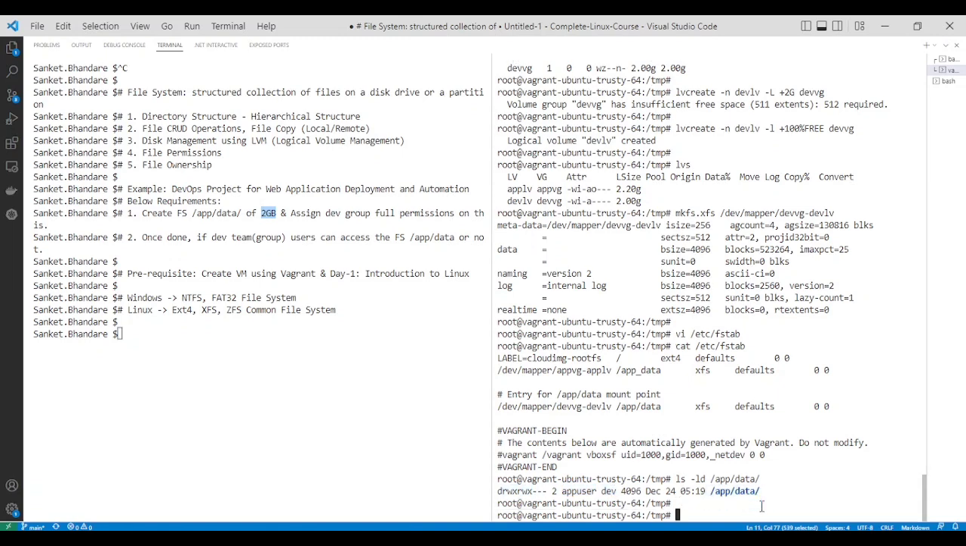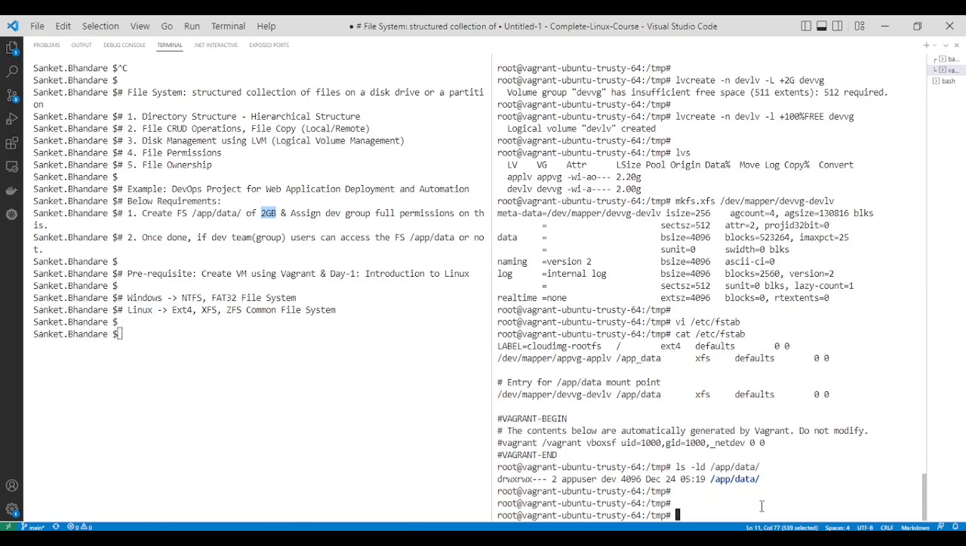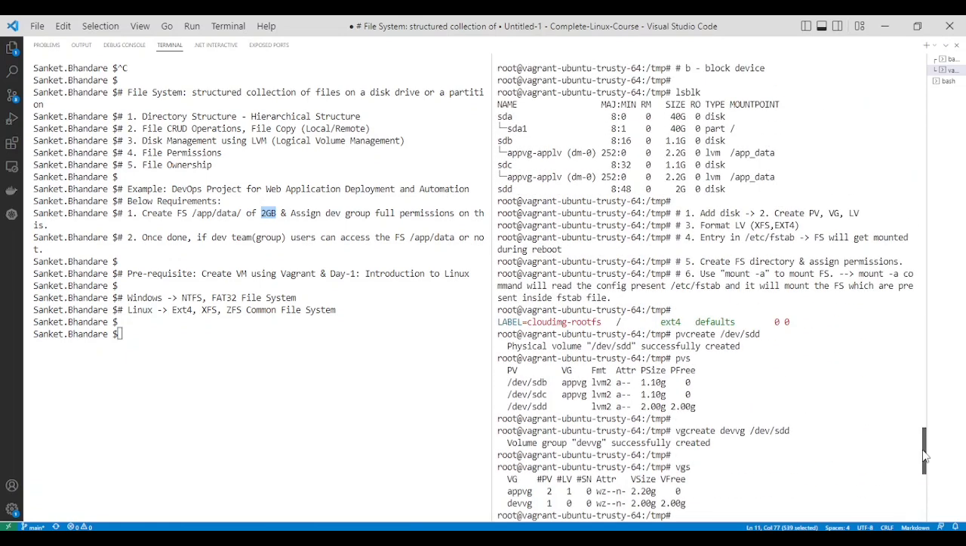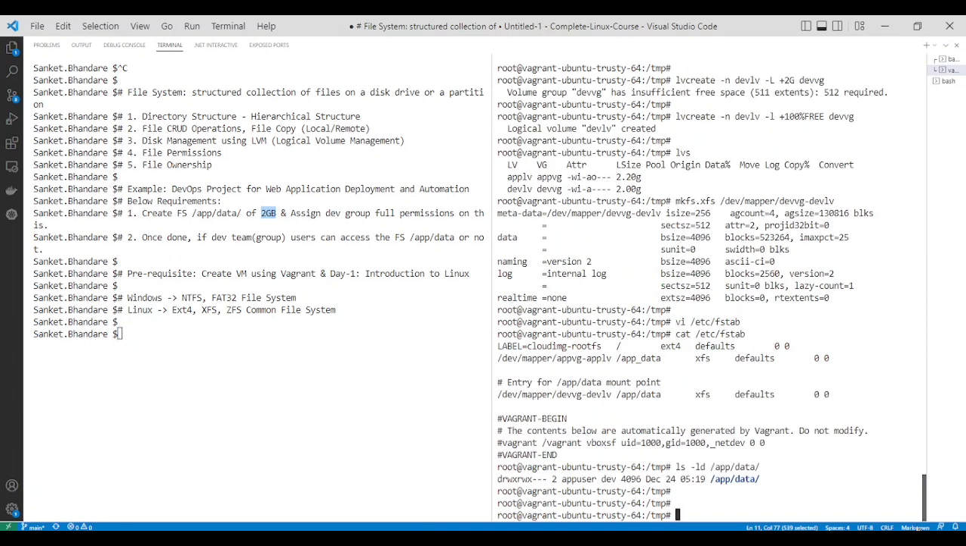So here you can see app user and dev group is having full permissions on this directory. Next thing that we are going to do is perform the last step of this particular operation, that is mount -a. So mount -a will read the configuration inside /etc/fstab, and it will mount the file systems which are available inside fstab. Let's try mount -a,